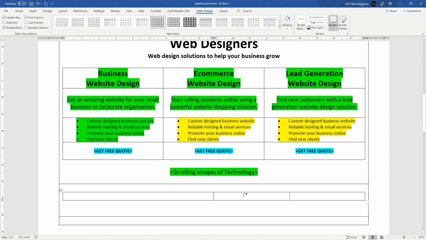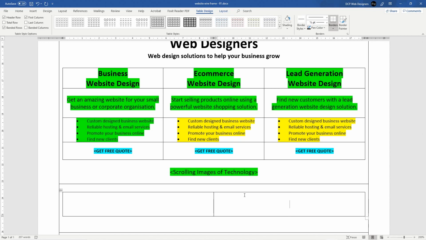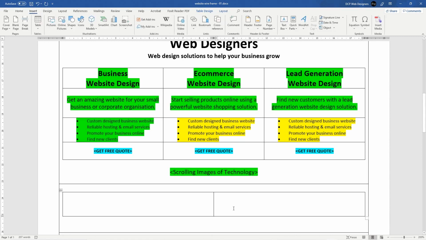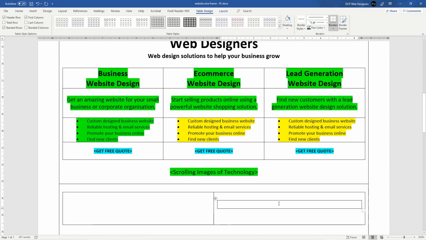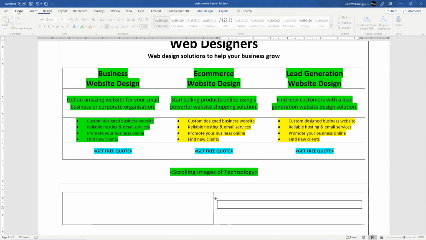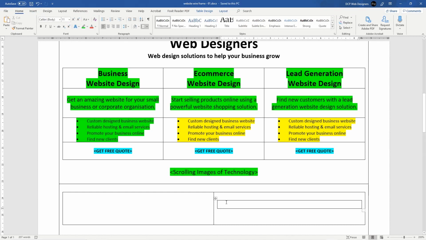On this side here, I want to create a form. So I want to tell my designer that we need a form on this website to capture the client's information. So all we'll do is insert another table inside of this cell on the right. So we insert a table, just one row. In fact, we can probably, yeah, let's just do one row. So in this first row, what we'll do is left align. So go to home and click left align, and we'll just write in here, please enter your name,